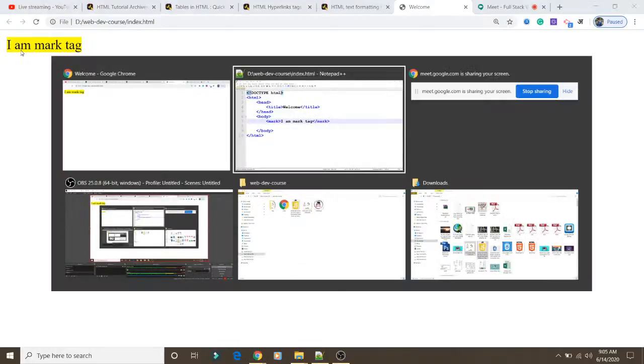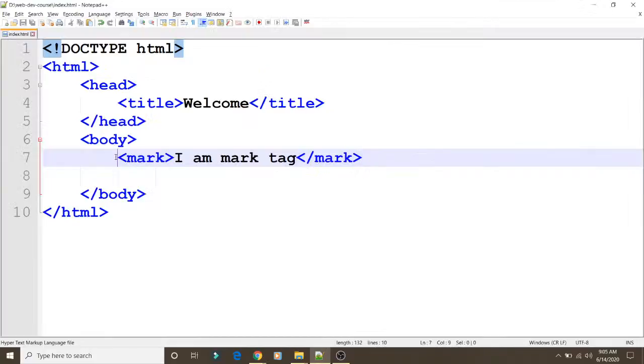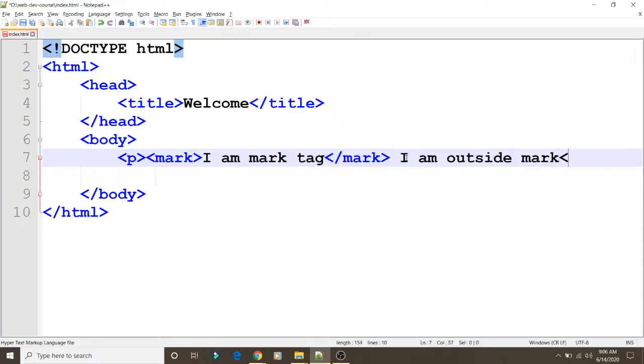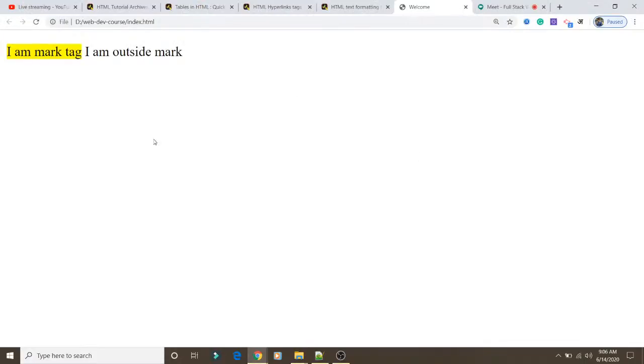If we write a paragraph, and within that we have marked this line, and also write some text like "I am outside mark", and close the paragraph tag, then go back to your page and refresh, you can see the text which is outside the mark tag is normal. So in this way you can highlight the text in a particular paragraph or in a particular line.